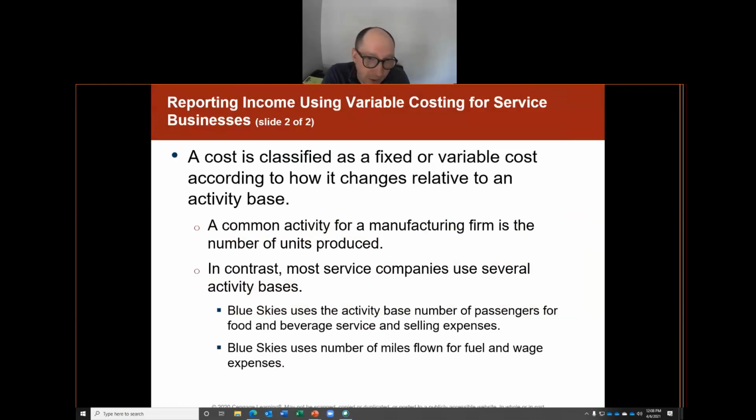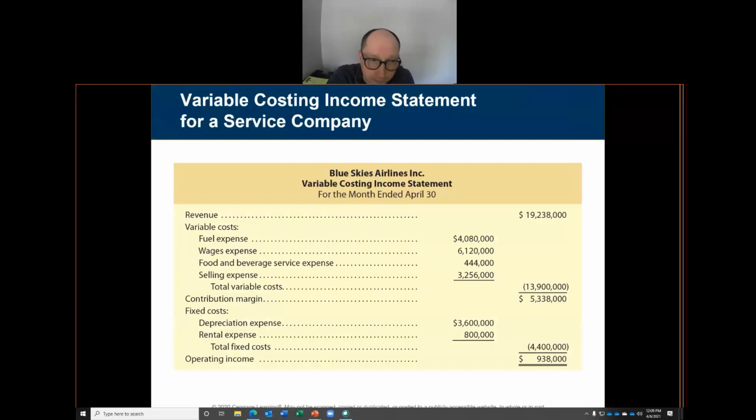And since we can classify fixed and variable costs, we can perform a variable cost report that tells us information on the performance of the airline. What that looks like is revenue minus our variable costs equals contribution margin, minus our fixed costs equals operating income. We can see the information broken out and how that information impacts our business. That's pretty self-serve.